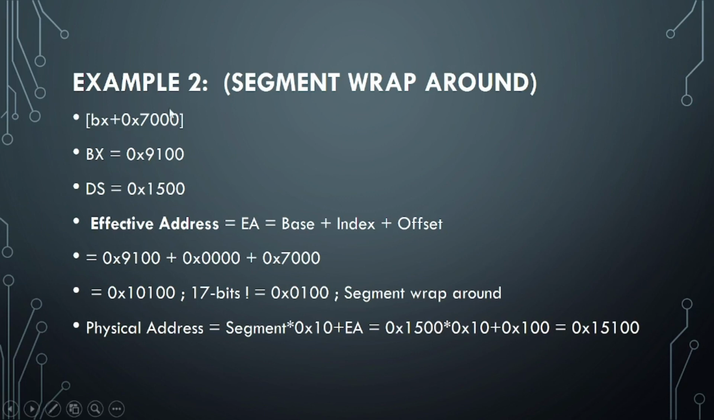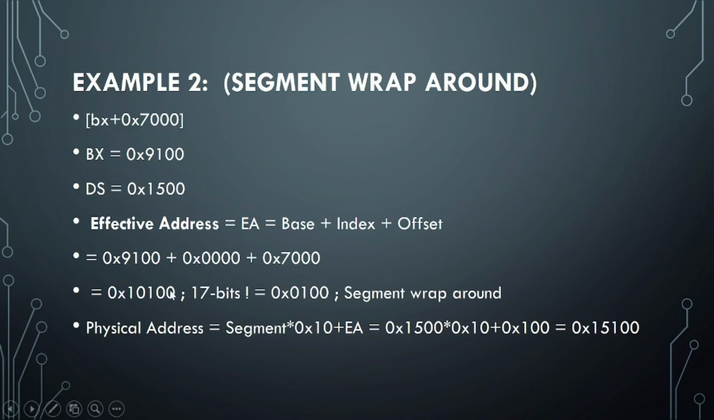BX plus 0x7000, where the offset is added to the base. So for the base we have 0x9100, and we have the value of the segment, that is the data segment, which is 0x1500. For the effective address we have to add base plus index plus offset, but in this example we don't have an index, so it will be 0. So we can write 0x0000, the base is 0x9100, and the offset is 0x7000. So we will have